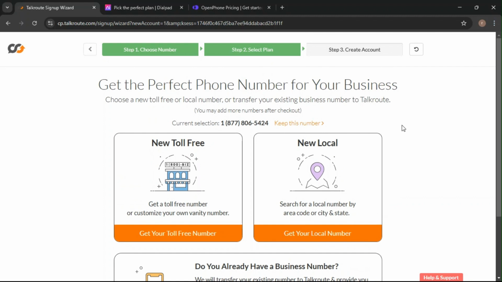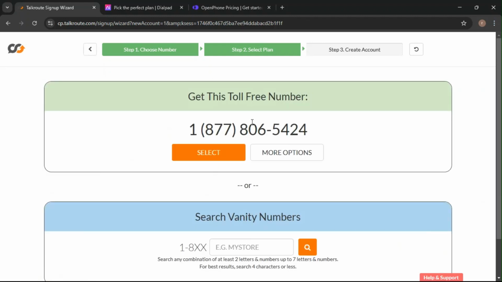Now, there are good options here either way. Toll free is obviously great for big campaigns, or if you wanted to create a custom vanity number that reflects your branding. Meanwhile, local numbers can be fantastic for local businesses to attract nearby customers. So today we're going to just select toll free, and just to speed this thing along, we're going to select